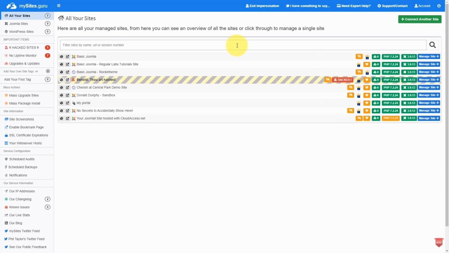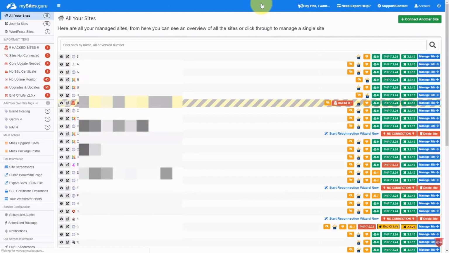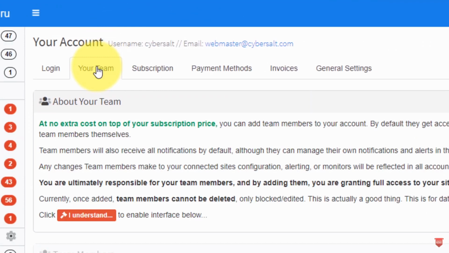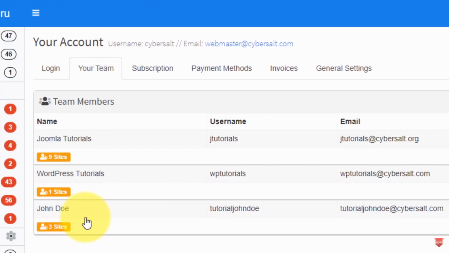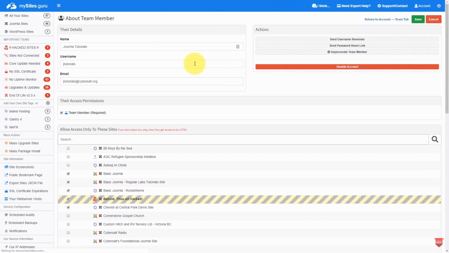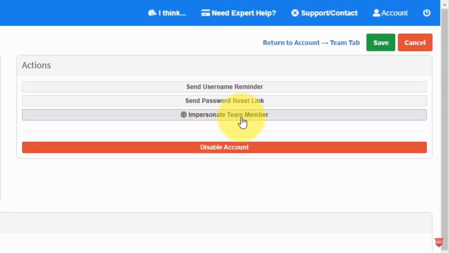When you're done impersonating one of your team members, just go up to the top bar and click on Exit Impersonation. Now let me show you another way that you can impersonate one of your team members. Again, you will go to Account, the Team Member tab, I understand, and now instead of clicking on Impersonate, we're going to click Edit. In here we can edit all of the settings for our team member, but you'll notice that here's a button under Actions, which is now Impersonate Team Member. We can click that,